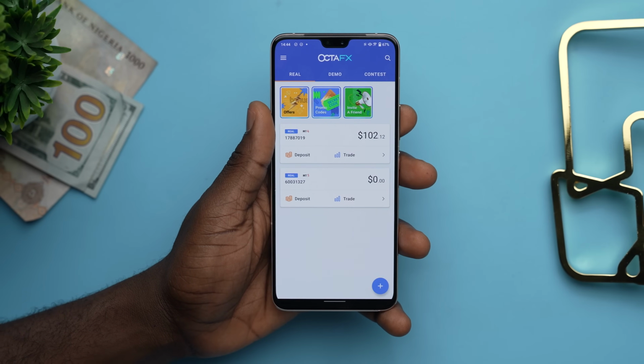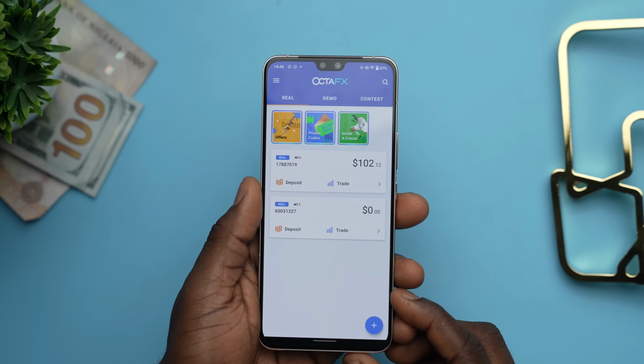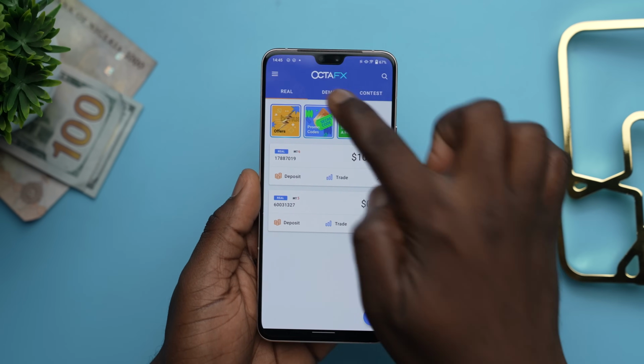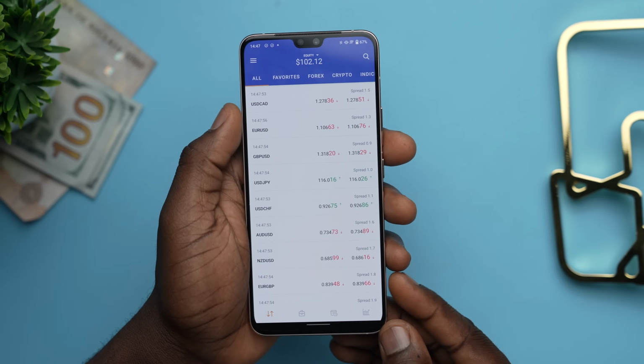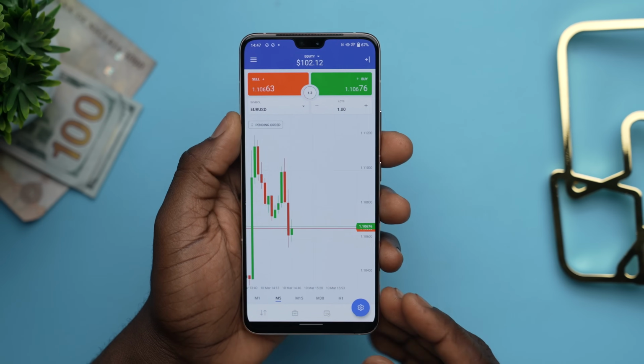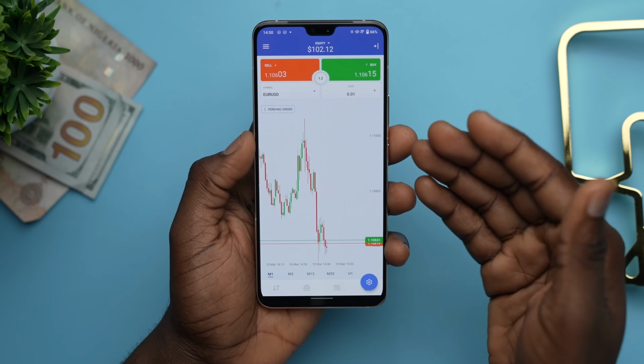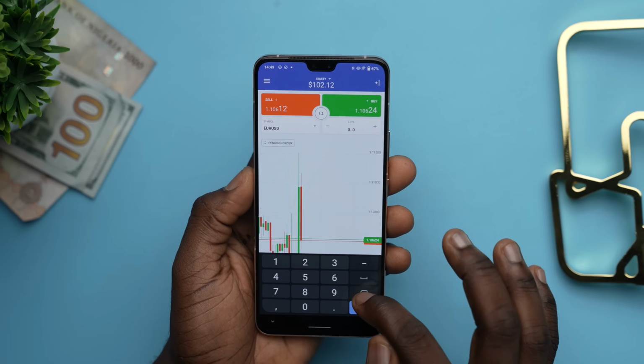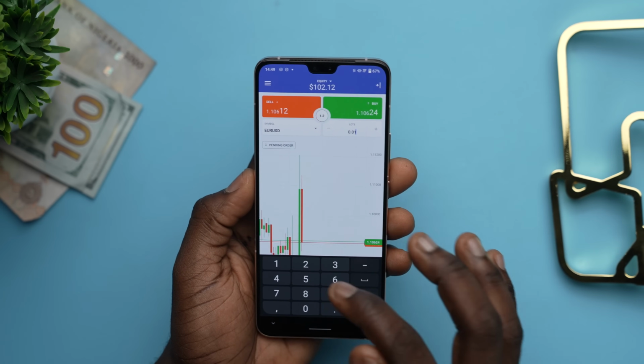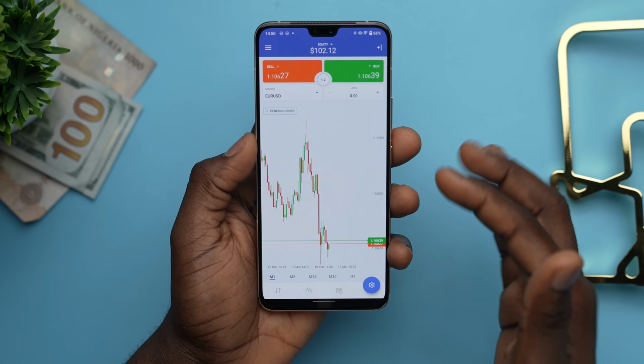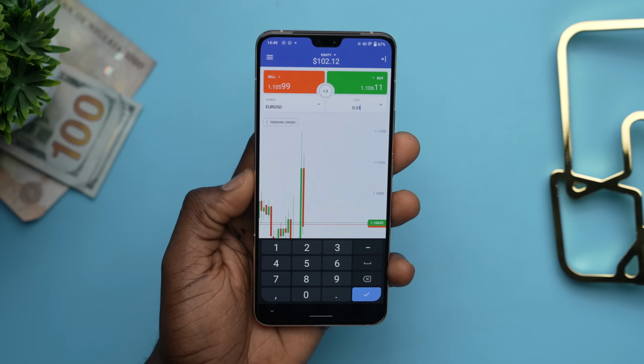Since this is an experiment, I only used $100, so I'll go through the exact same process like I did with the demo account. I'll just look at a couple of currency pairs and I'll check out the price of euro to USD. I'll just do a short order for 0.01 lots, which is around $1,000, as you can see here, and the profit has been changing. Again, you can set a stop loss or take profit.